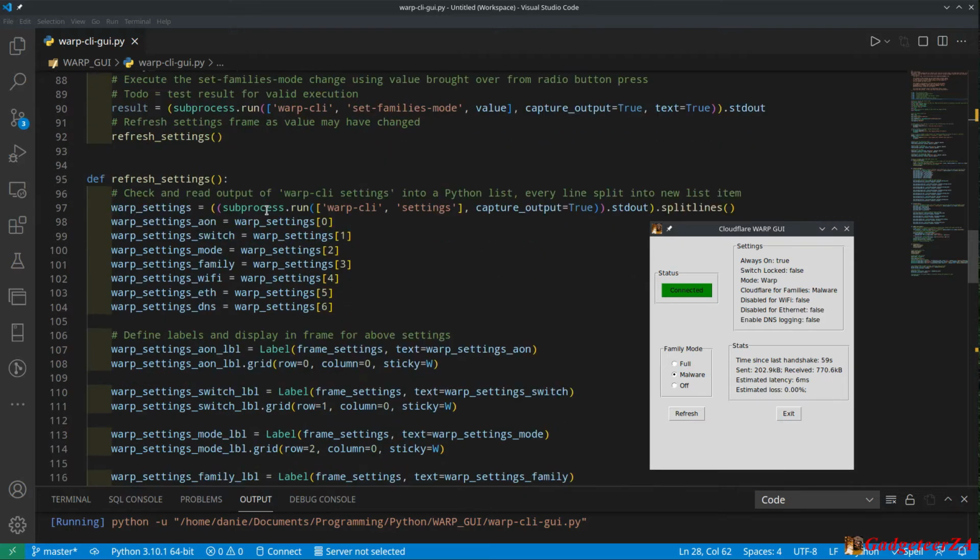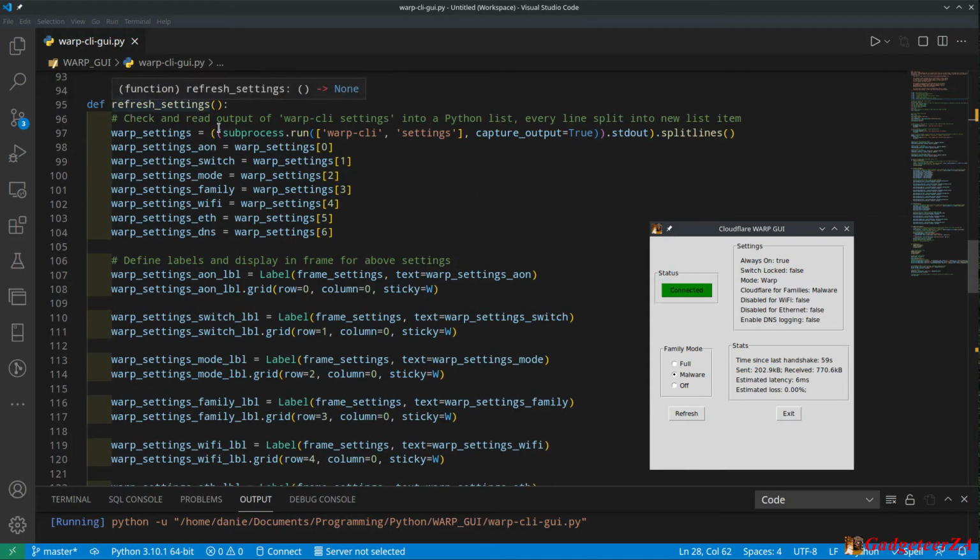Then the next function is refresh this settings frame over here. And what this is really doing is same thing again. It's running that command, warp-cli settings, but it's capturing the output, and it is also performing a split lines function. What the split lines does is it's reading each line that comes back as the result that's been captured, and it essentially imports it into a Python list.